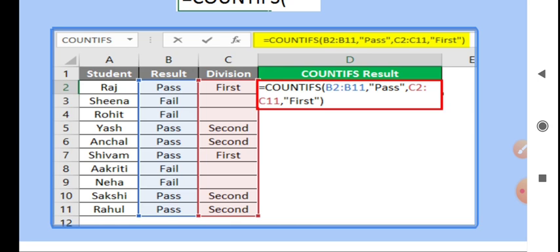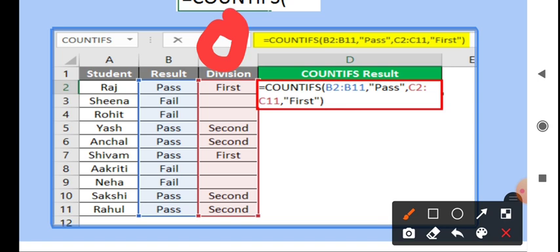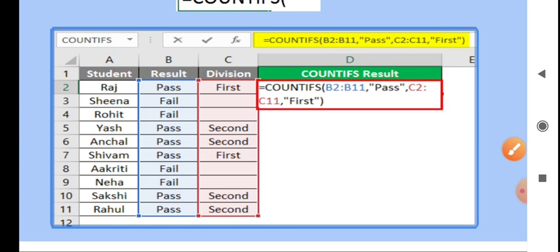Okay. Now, for the formula, what will you do first? You will insert the equals to sign. You will write the formula, or you can take it from the function fx, which is there. Afterwards, what will you select now? B2, which is your first condition. What is in the B2 column? In the B2 column, from B2 till B11, the results are written, correct,